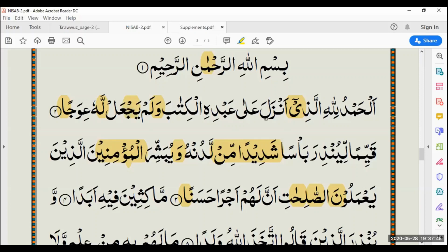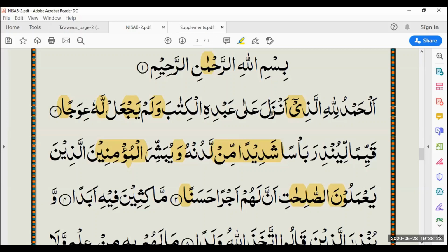And anzala. What's the rule? Anzala, yeah. We have to do a soft ghunna. And do you know the name of the rule? Nun sakin. Is it izhar? No, izhar is when you manifest. The way you read it was anzala. Izhar would be anzala. So this is not correct. Is it idgham? No, that's not correct. It's ikhfa.